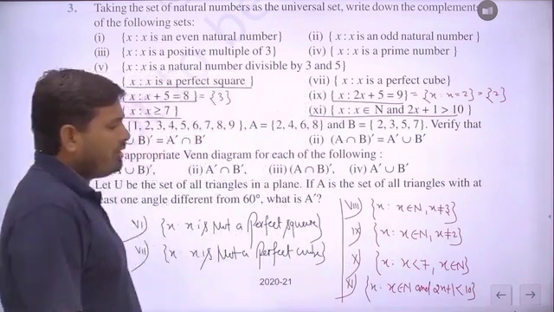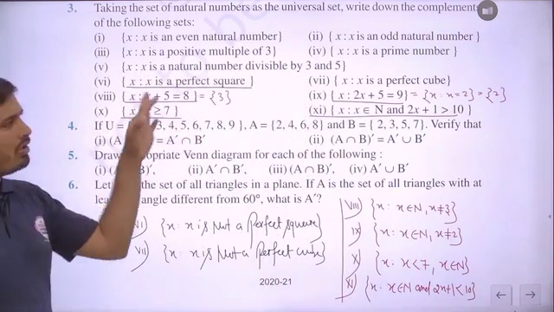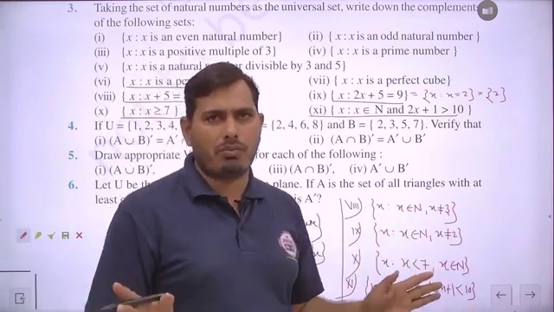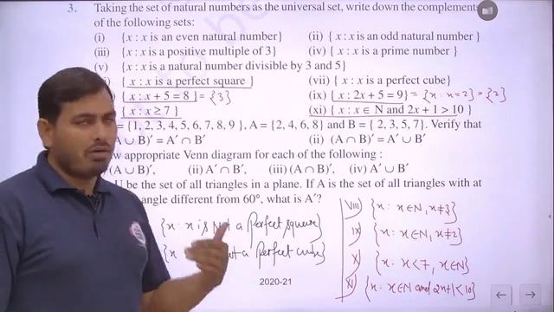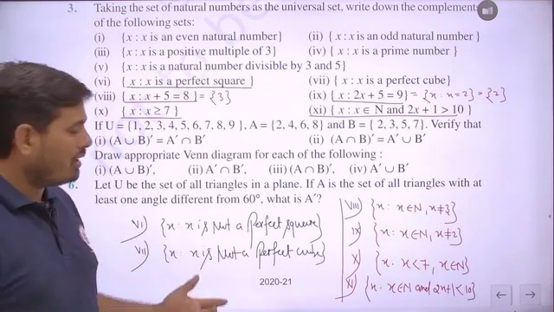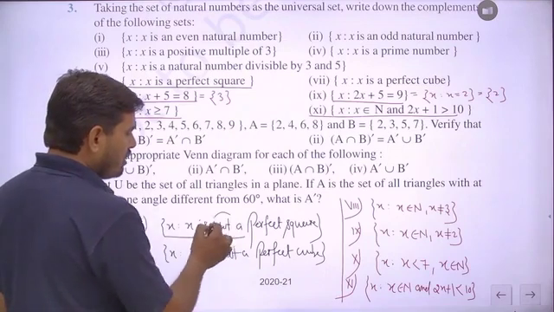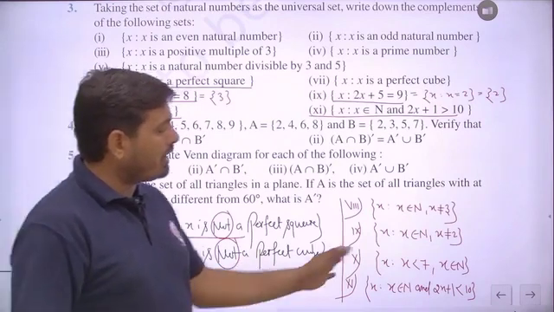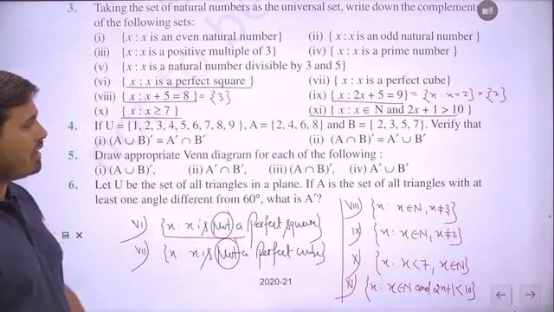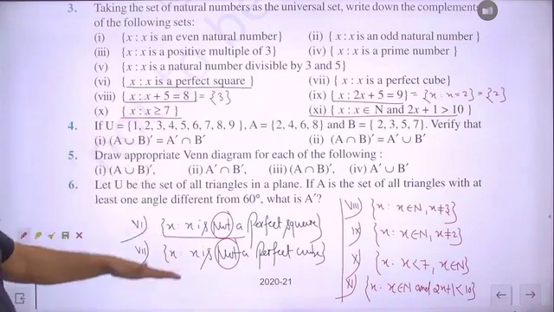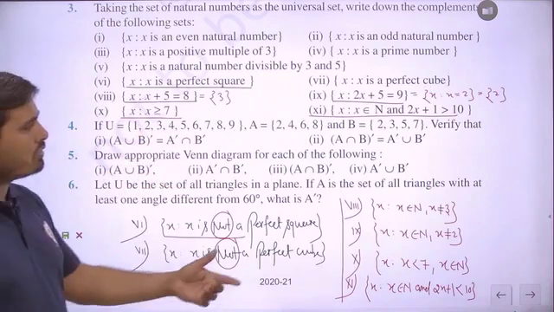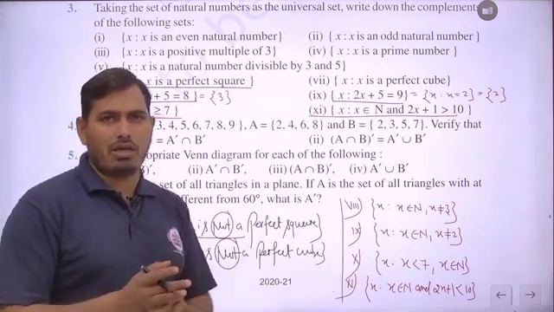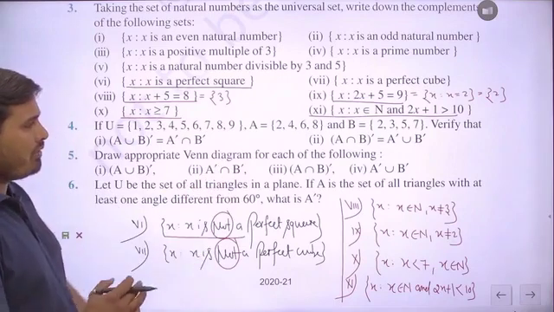So easily, student, in this particular question there are so many kinds of sets, and sets can be represented either in set builder form or roster form, there should be no problem, but when we have to find the complement, we have to make a negative statement like this. In this question we have to use the note, which means we have to make the negative of the given statements, and accordingly provide the answer. So in this question number 3, you can simplify some of the questions here and some on the notes board also. You can check each and every part, and after seeing each case you can find out the complement of the given sets. Is it clear?